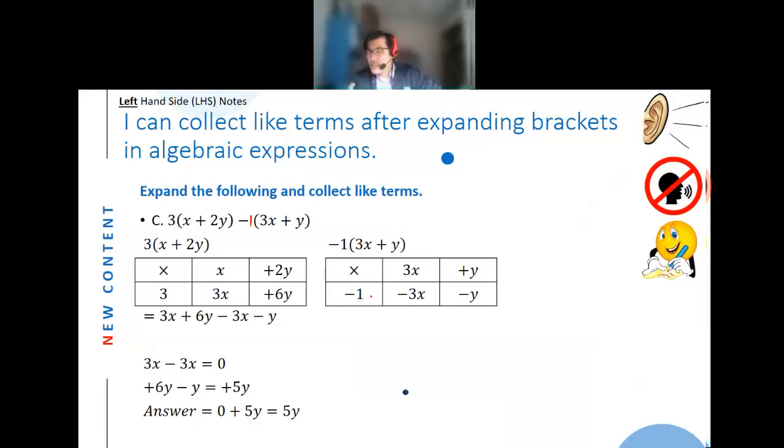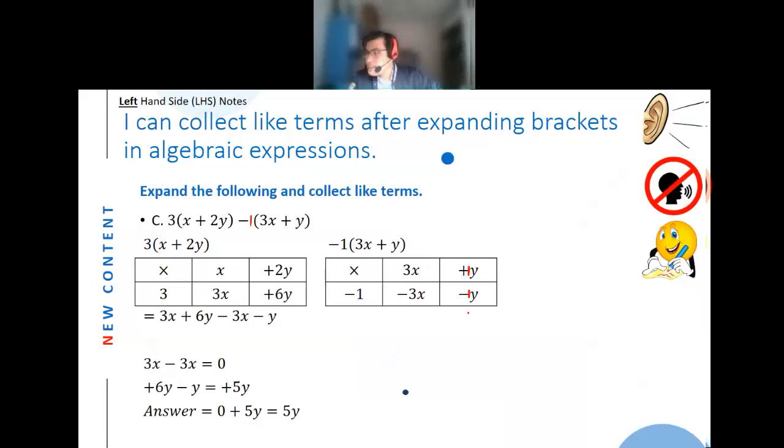So the negative 1 that's outside goes in here. Then you've got the 3x plus y inside the brackets. So multiply them together. Negative 1 times 3x. Negative times a positive gives you a negative. And 1 times 3 is 3. So negative 3x. Then we have negative 1 times positive y. Now again, even though there's nothing in front, that's a positive 1 there. So we have a negative 1 times a positive 1. Negative times a positive is a negative. 1 times 1 is 1. So negative